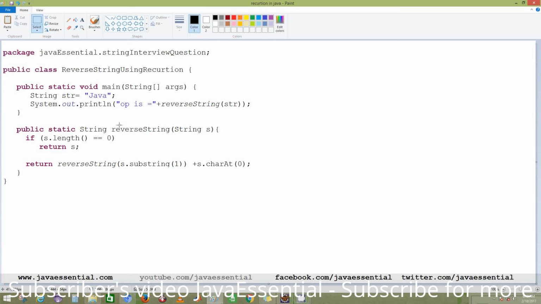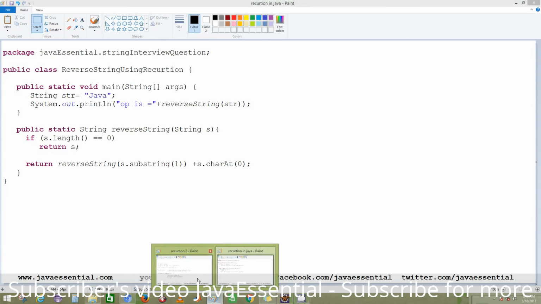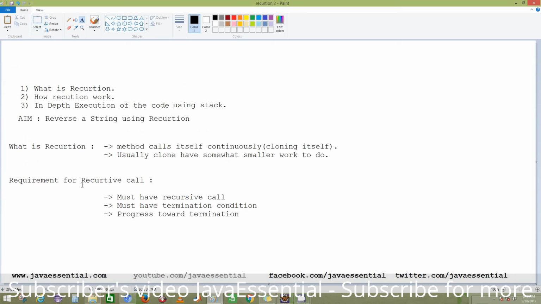As I said, there are a few things we need for recursion. We must have a recursive call, and we must have a termination condition. This is really very important for recursion. Without a termination condition your code won't work; it will go into an infinite loop and your stack will be full.